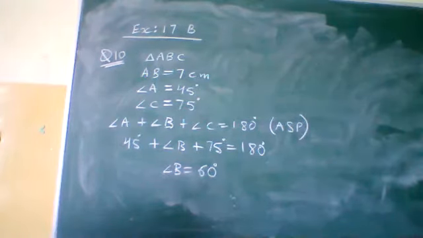AB you have to draw in the base and then make angle A. Just construct angle A and angle B. आपको दो angle construct करने हैं, angle A and angle B. सबसे पहले AB draw करो, then construct angle A and angle B at the base only. After that, when you complete your triangle, angle C will automatically come 75 degrees. You don't have to construct it.